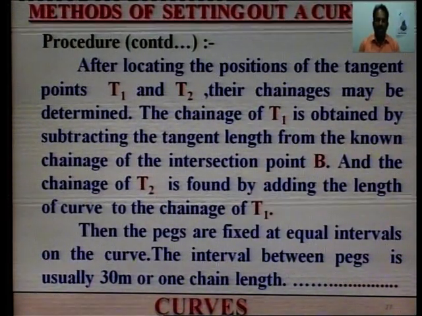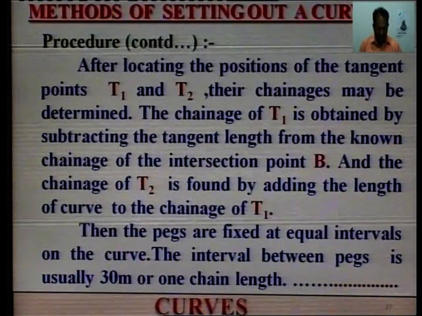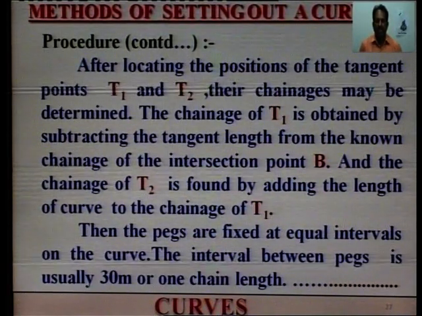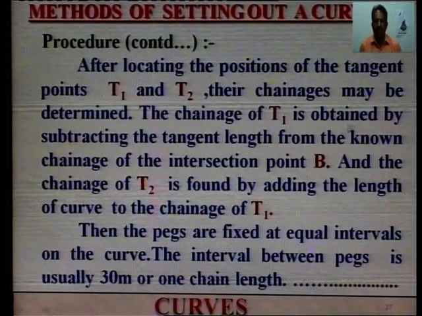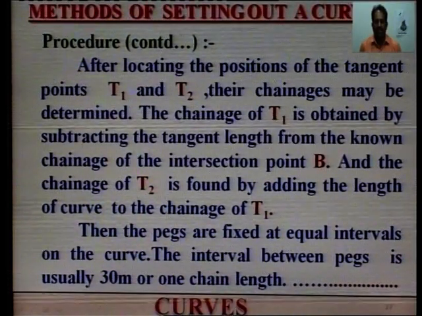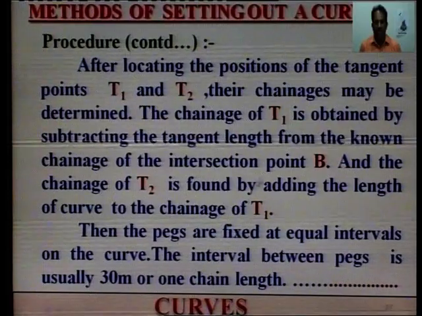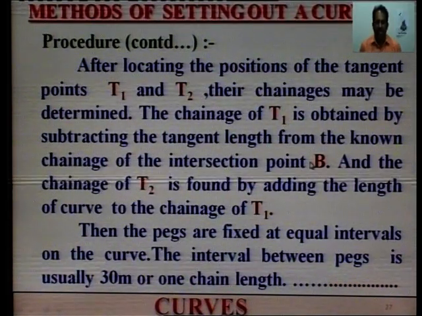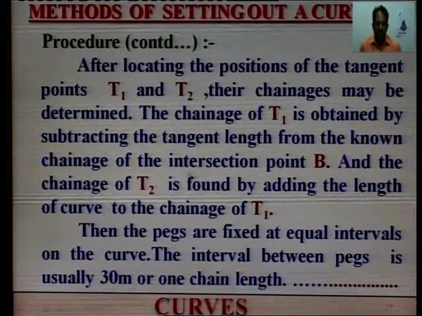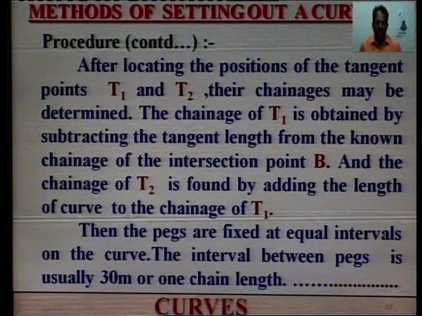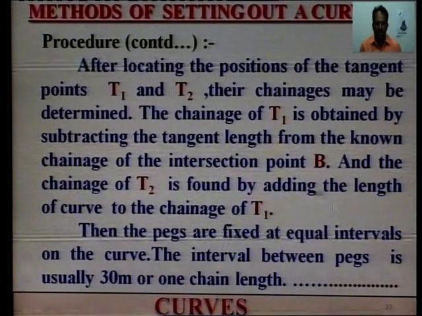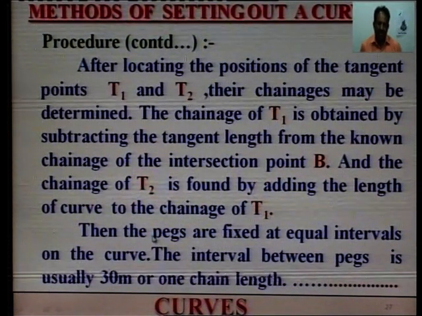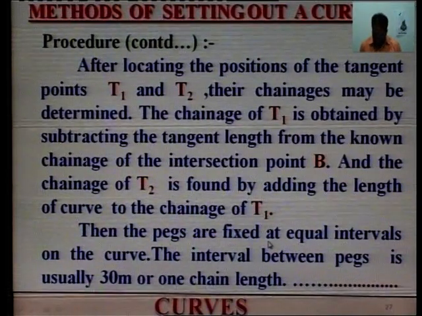After locating the position of the tangent points T1 and T2, their chainages may be determined. The chainage of T1 is obtained by subtracting the tangent length from the known chainage of the intersection point. That is, we have the chainage of the point B, and we can calculate the chainage of T1 by subtracting the tangent length from it, and the chainage of T2 is found by adding the length of curve to the chainage of T1. Then the pegs are fixed at equal interval